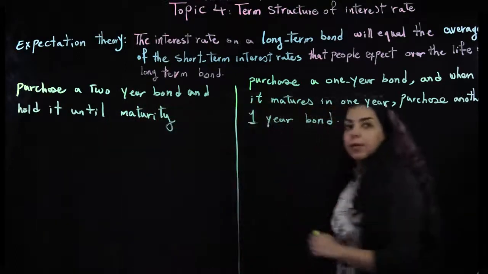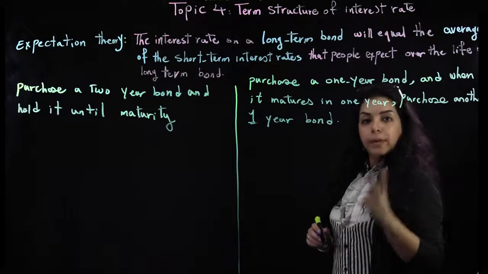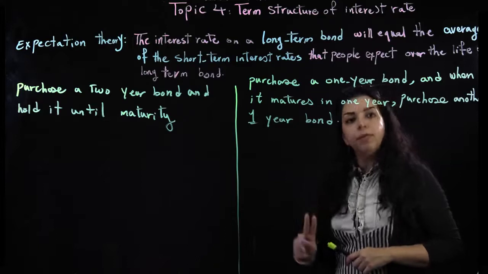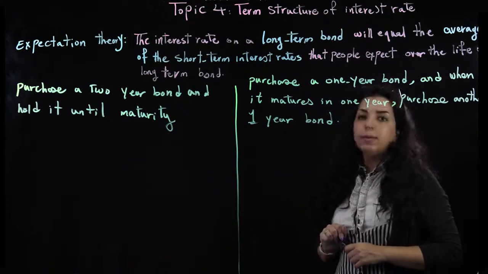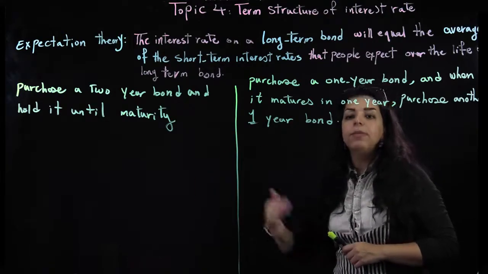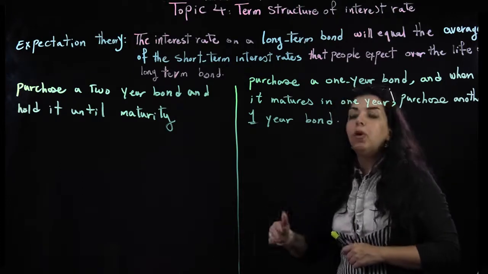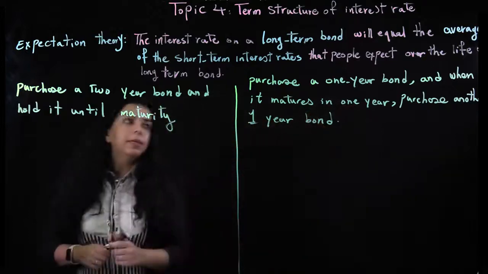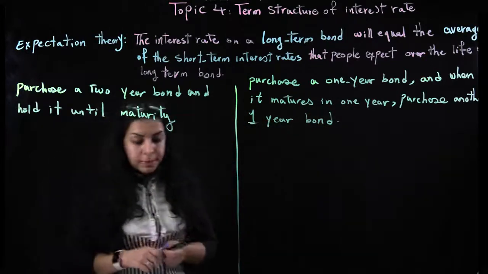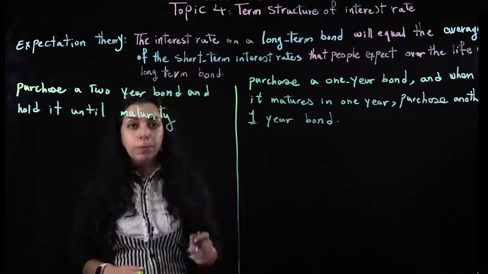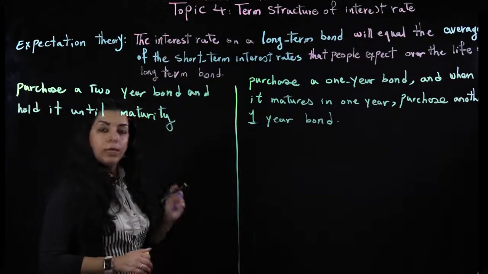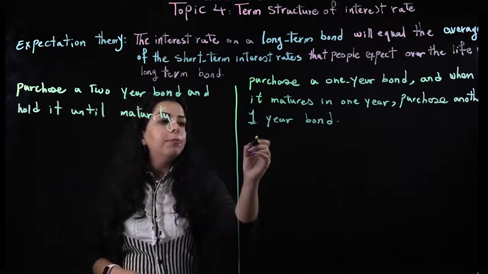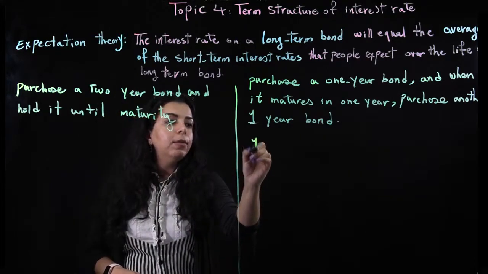In the second scenario, instead of buying 2 1-year bonds, we buy a 2-year bond. So immediately from here, we just buy a 2-year bond. And then we don't care what will happen to the bond the next year or how much the interest rate of the next year is. So now let's start with this. Imagine that, for simplicity, the amount that we want to spend or invest is $1.